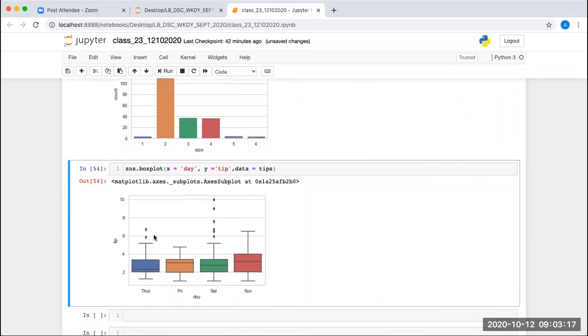Okay, now in the box plot you have few things. These points which you can see are considered outliers. This is called the 25th percentile, this is called the 75th percentile, and this is called the median. What this median says is that the average tip amount on Thursday is this, on Friday is this, on Saturday is this, and on Sunday is this. What we can observe from here is that the average tip amount collected is higher on Sunday than any other day.